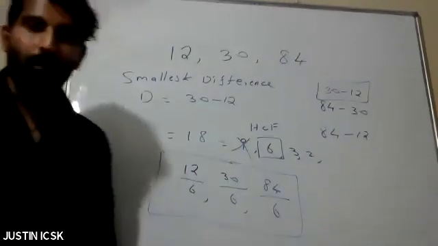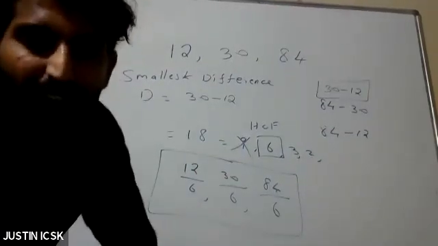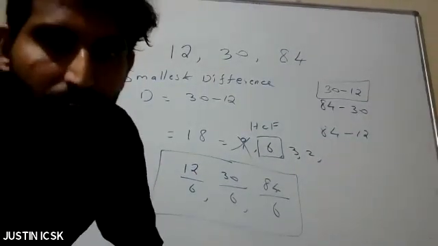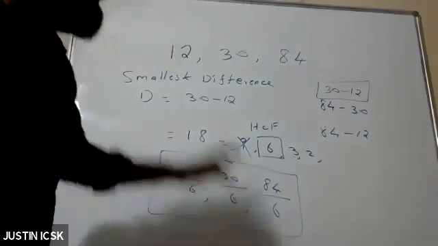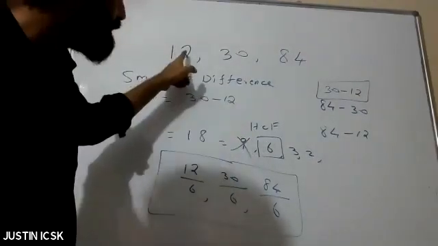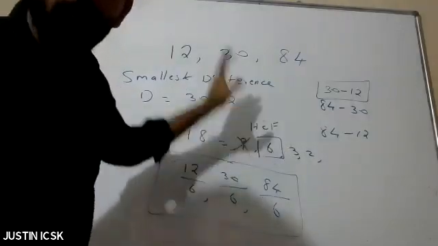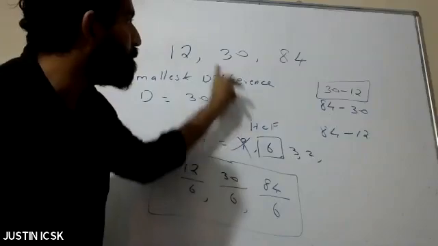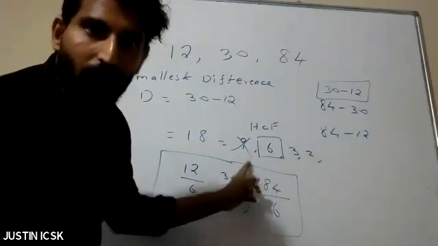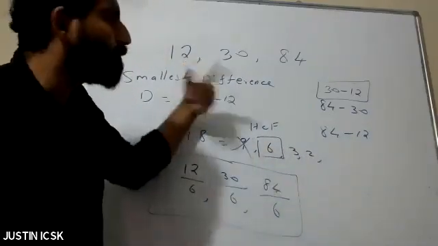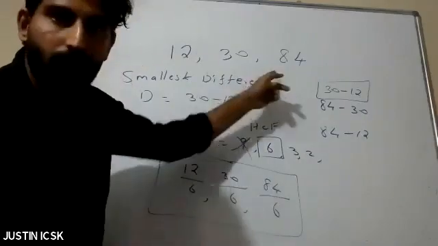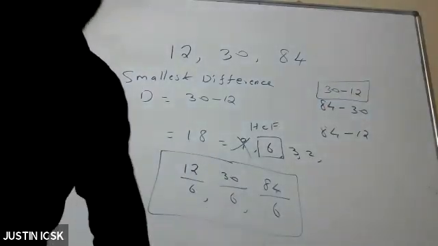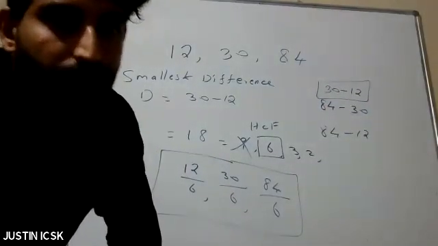I'm not going deeply into HCF because only in rare cases, in 10th standard, some problems only we will find HCF. So what you have to do is just find the difference. First check whether we can divide by the difference or not. If the difference does not divide, write the factors in descending order, bigger one first, second one like that, and check each factor. First one possible or not possible, second one, the 6 also not possible, check 3, like this. So this is the method of finding HCF.